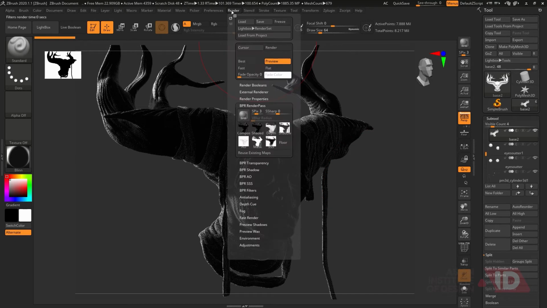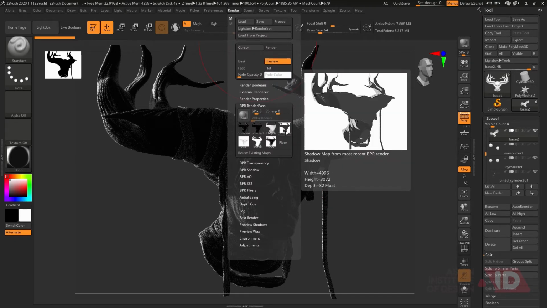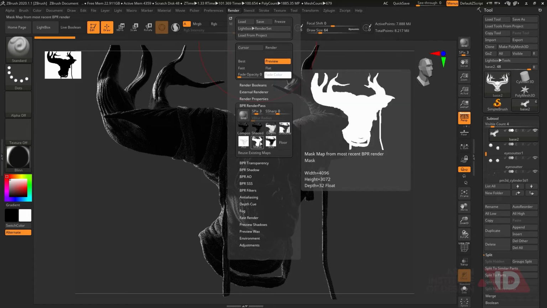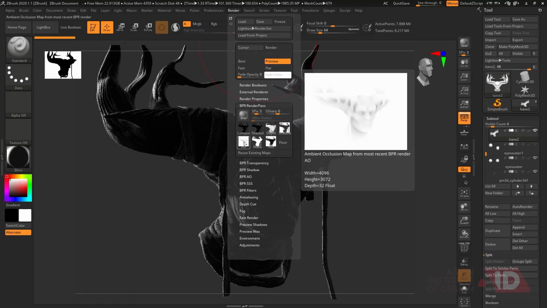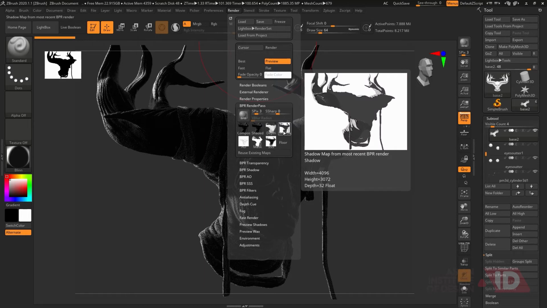So now you can see I got the rim light. Selection I have already. AO is not required.